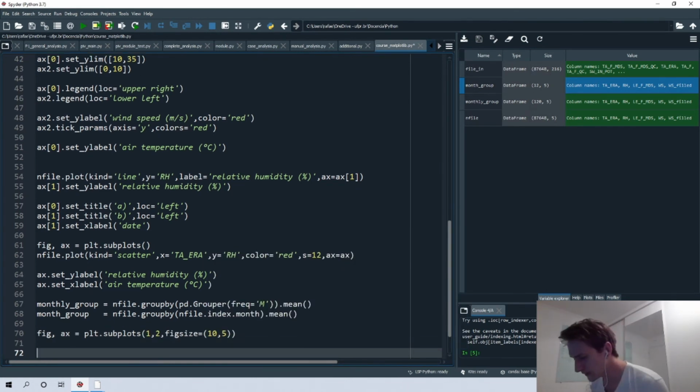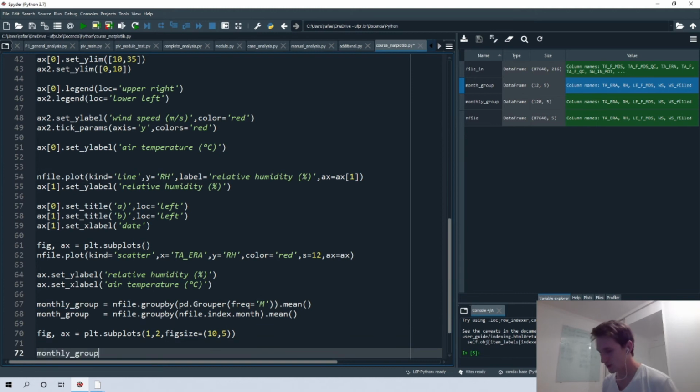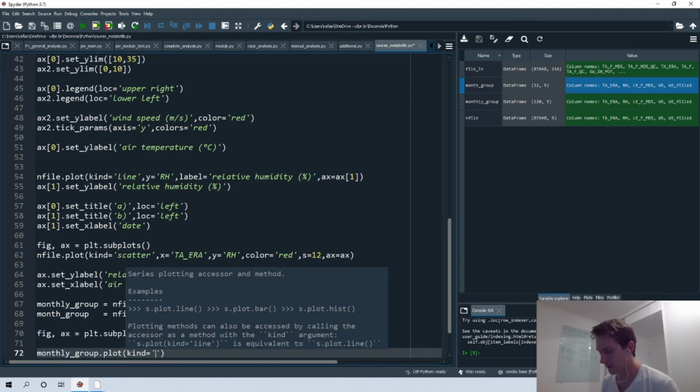Then we can make our histogram. For the histogram here, you use this new data, the monthly group, so monthly group.plot, and the kind of the plot will be histogram.